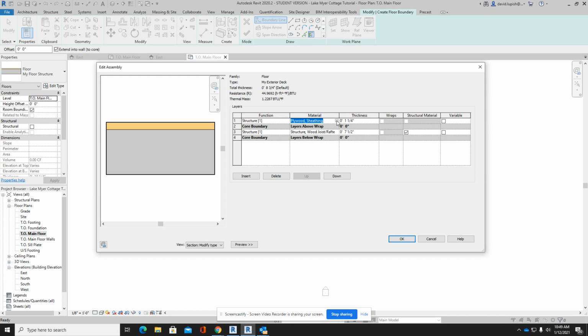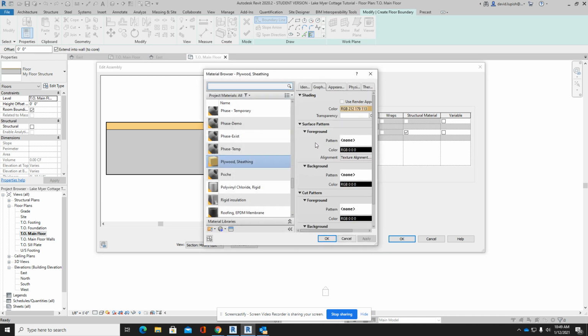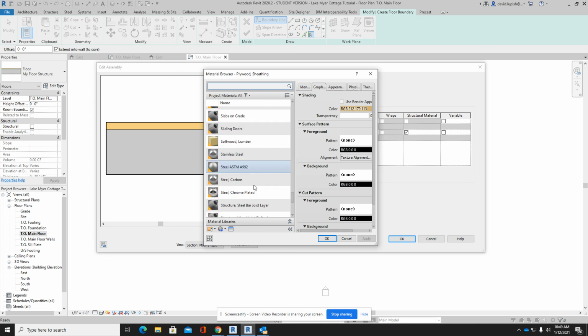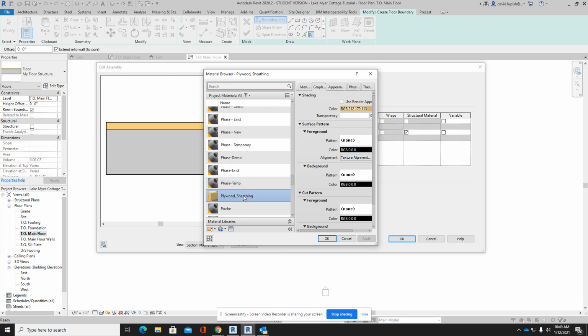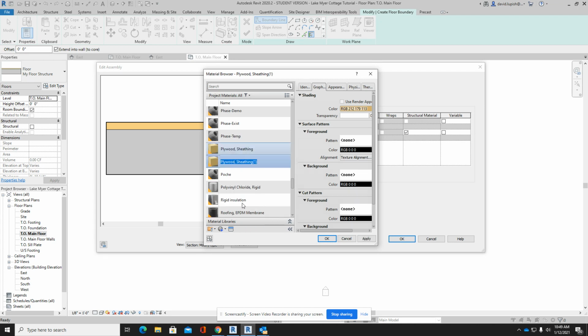So if I go here, because it's not going to be plywood sheathing and I want it to have a decking look, what I can do is click on the 3 little dots in the square there. I don't think there's necessarily a decking option. So if I right click on plywood sheathing and duplicate, call it wood deck. And then if I go down here to my asset browser,